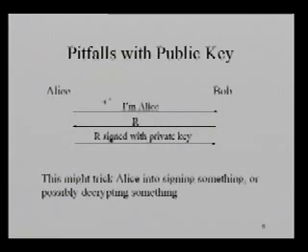Here's an interesting problem. Alice says, I'm Alice. Bob says, here's a challenge. And Alice does something with her private key, either signing it or decrypting it, because that's kind of what you do with private keys. So this is a perfectly secure protocol for authentication,